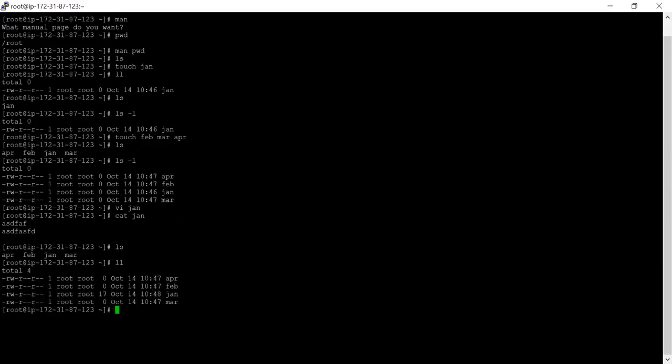We have got these 4 files. Let's say I want to rename a file. To rename a file, I can go for the command mv, move. Let's say I want to rename the April file, APR, as June, JUN. So if I say mv APR space JUN and press enter,